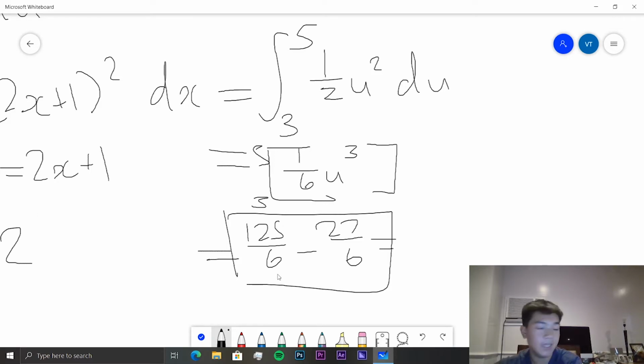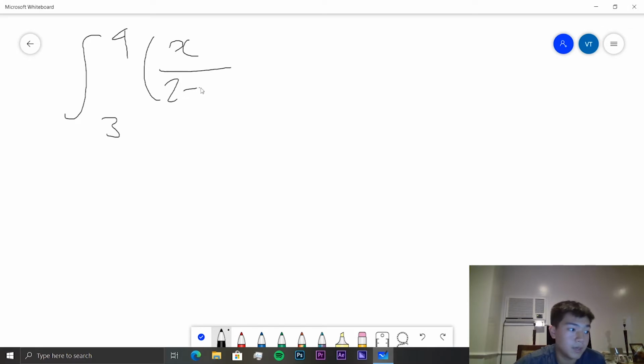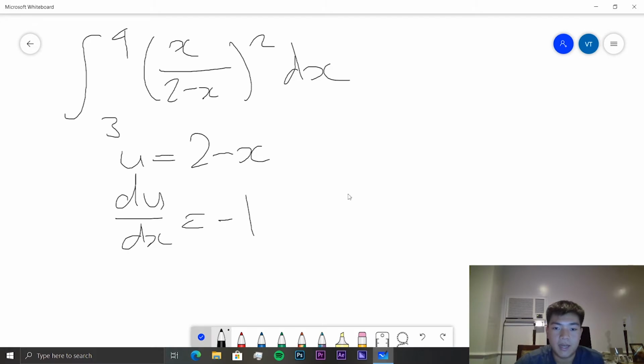So with that being said, let's jump into some questions. So the first question, I guess we'll do the even ones, is we have to solve the definite integral between 4 and 3 of x over 2 minus x squared dx. So we're going to use the substitution u is equal to 2 minus x. So du over dx is equal to -1. So we have